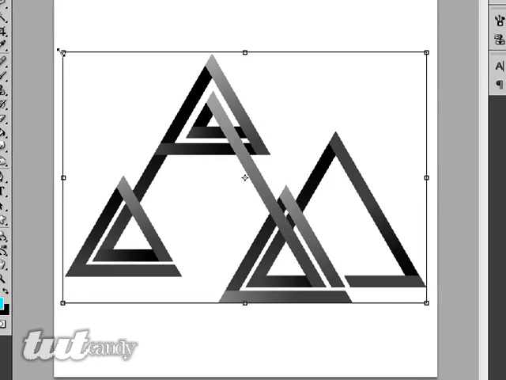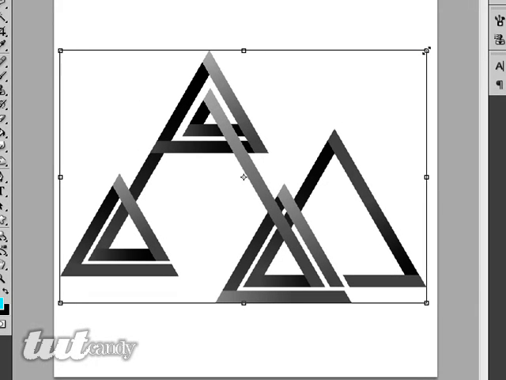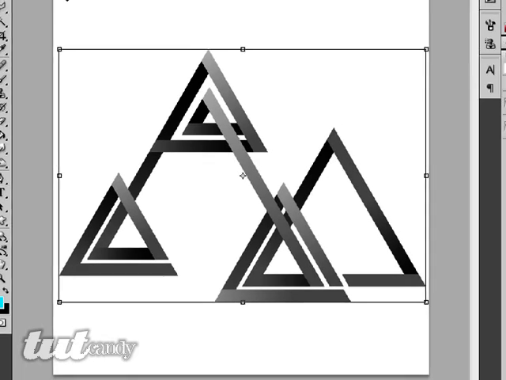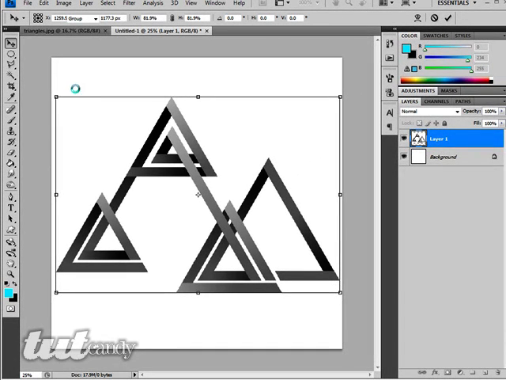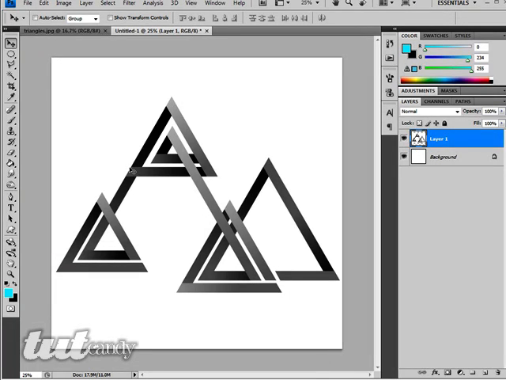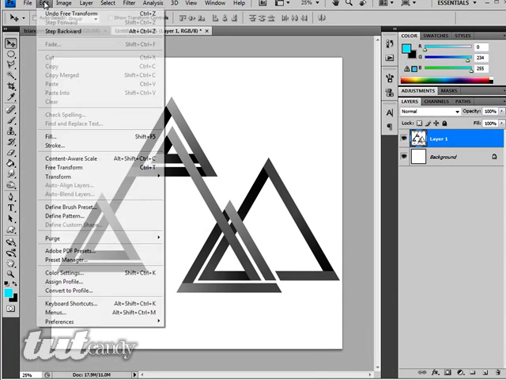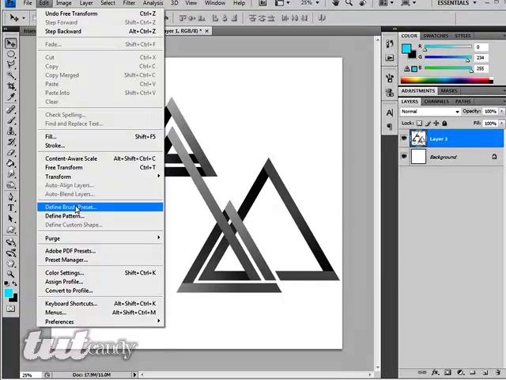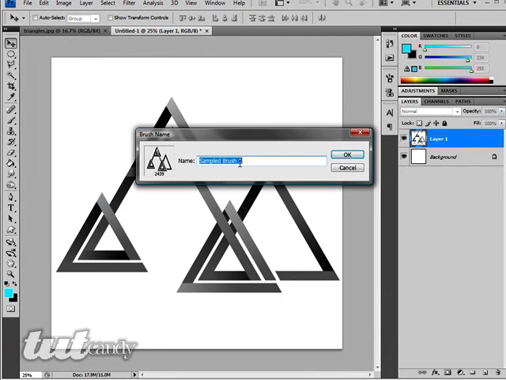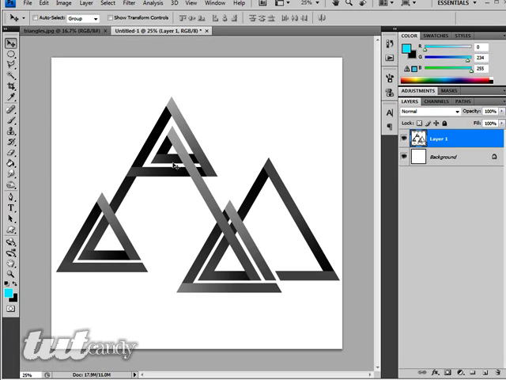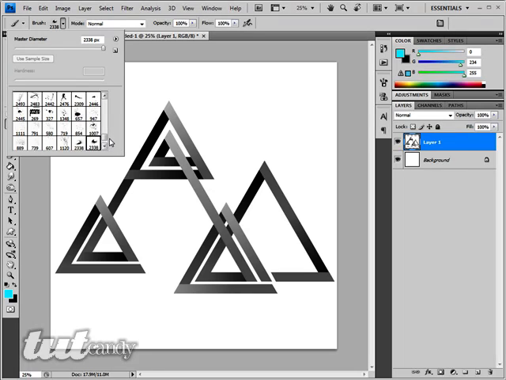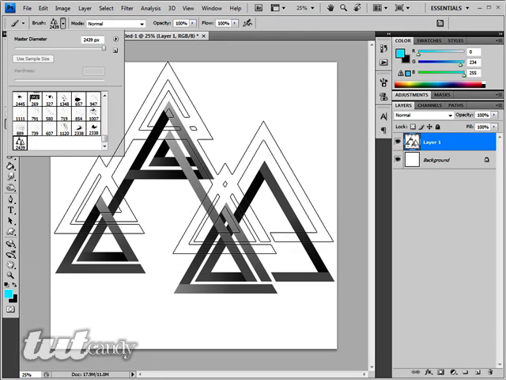When I'm happy, I can simply hit enter. Once again, go up to edit, go down to define brush preset, and I'm going to call this brush, let's just make it easy, triangles. Once I've now got that brush, I can go in and select my brush. It would be the last one once again,